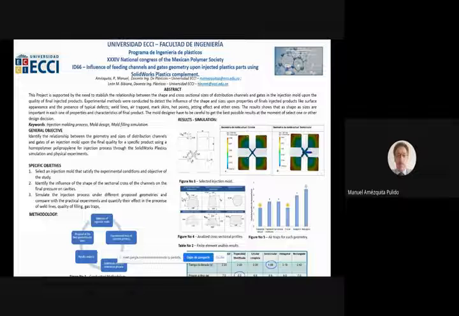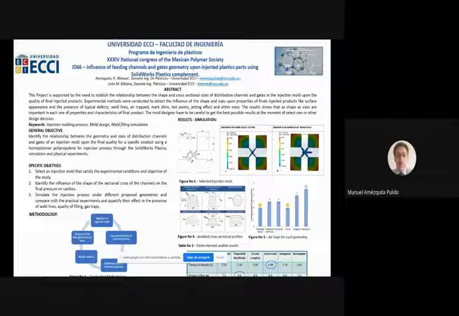Experimental methods were conducted to detect the influence of the shape and size upon properties of final injected products like surface appearance and the presence of typical defects: weld lines, air traps, marked skins, hot spots, jetting effect, and other ones. The results show that both shape and size are important in each one of the properties and